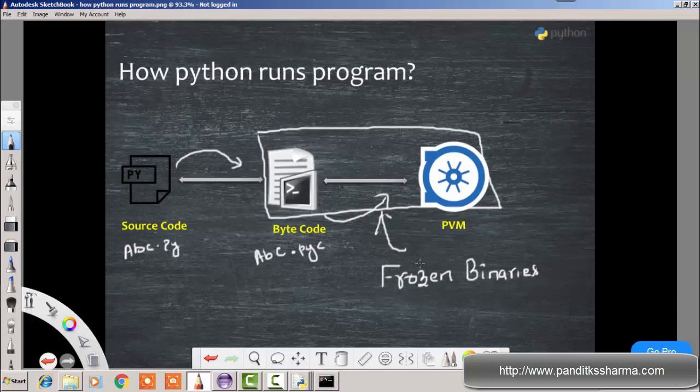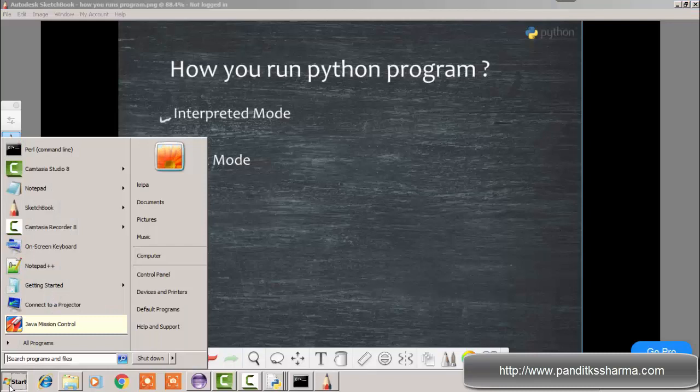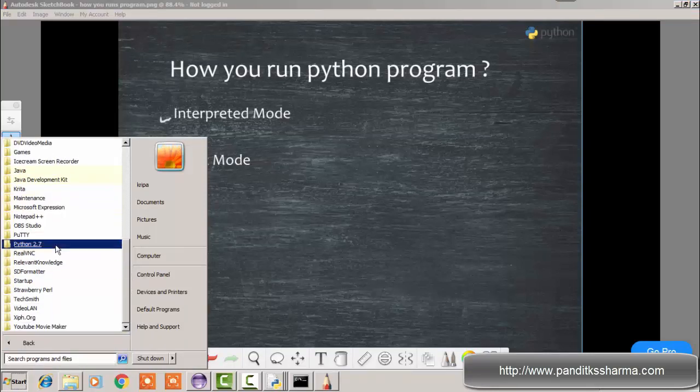So we will give the frozen binaries to the customer or client. We will deliver this code, not source code. So now we will see how you run the program. There are two modes. One is interpreted mode, one is script mode. Interpreted mode is when you are using the Python interpreter. For the Python interpreter, you start and go to all programs, as I told you, and